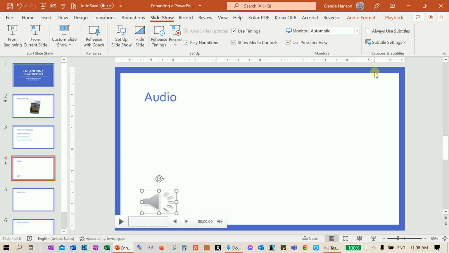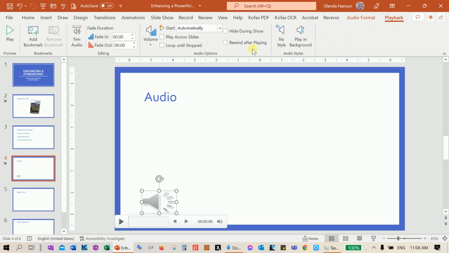So I click on that. You can play back. I need to click there and rewind it after playing. That would be a good idea. Play across slides if you want it to play on all of them. Loop until stopped. And again, if you put when clicked on, that means you'd have to click on this little